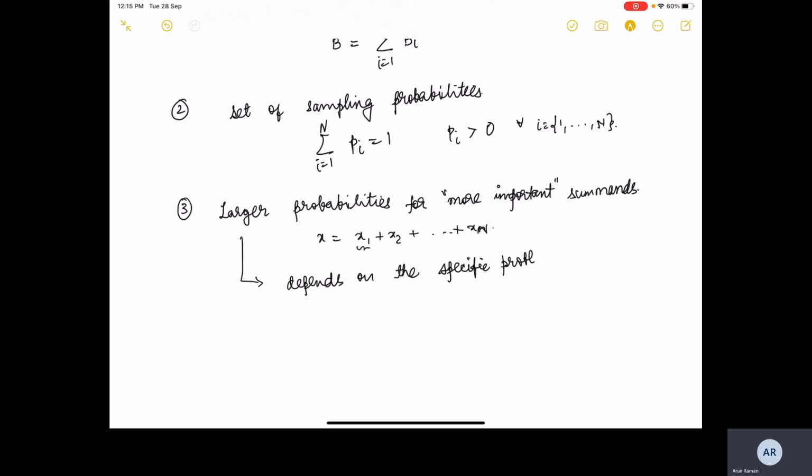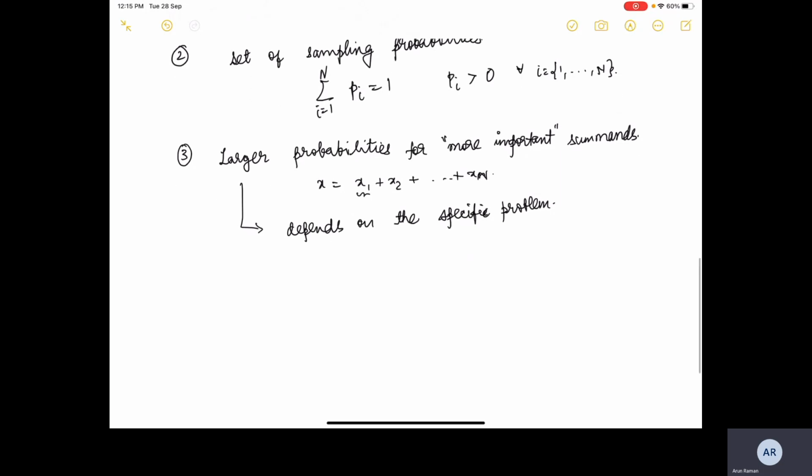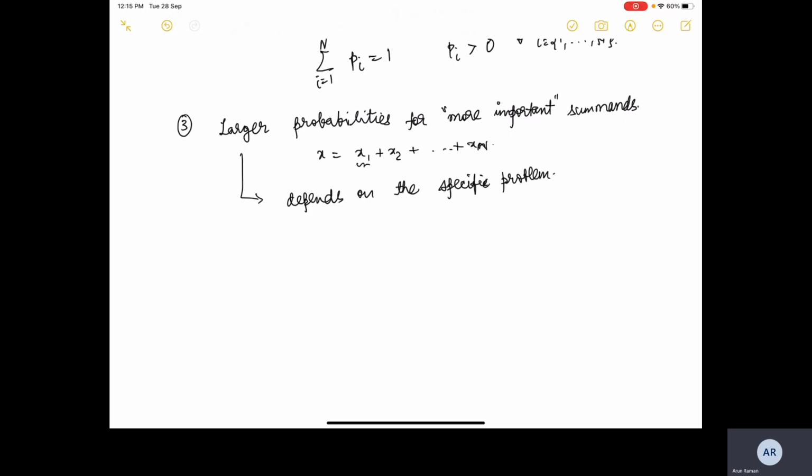Okay, and picking the probabilities requires some ingenuity and command over the problem, in the sense of what we want and what is important. It is kind of an art as well. Then in the fourth step, after we have designed the probability distribution,